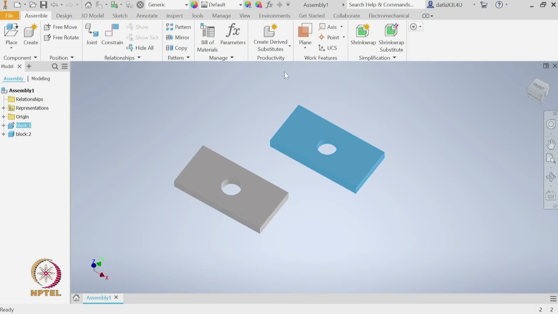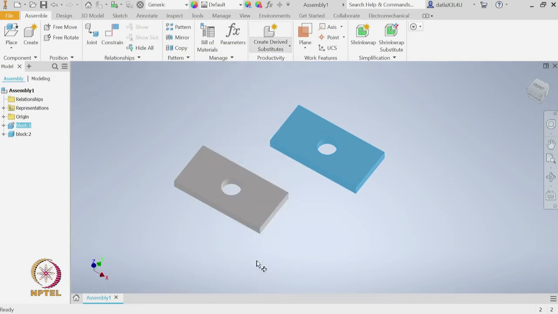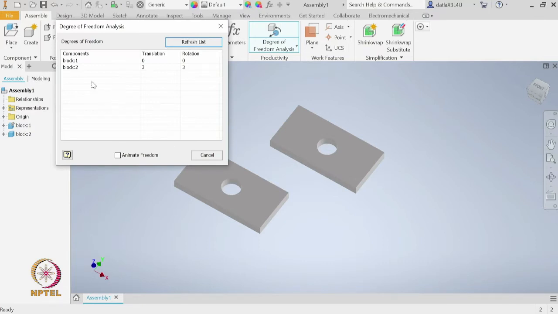So, that you can also find out using this degree of freedom analysis. Currently, it is saying that you have 2 components, block 1 and block 2. For block 1 there are 0 degrees of freedom in translation and 0 degrees of freedom in rotation, that is because we have just grounded it. But for block 2 all these degrees of freedom are open, all 3 in translation and all 3 in rotation.